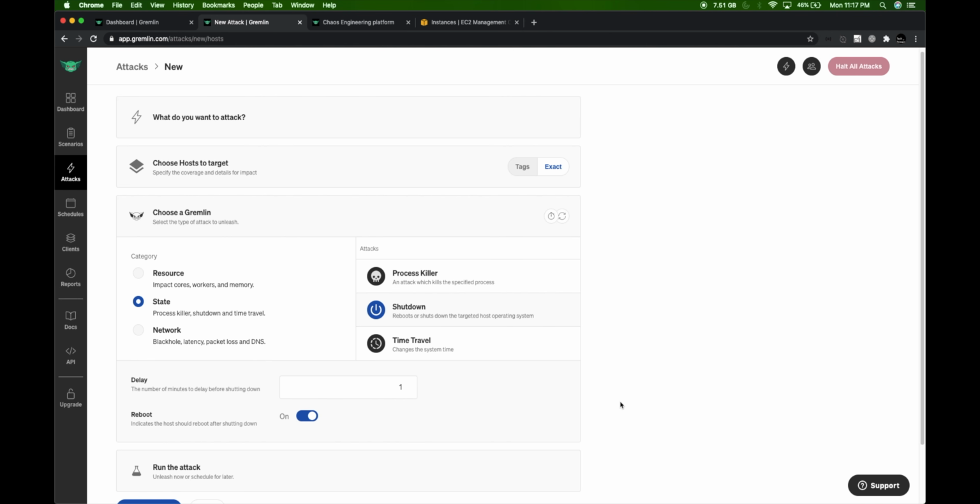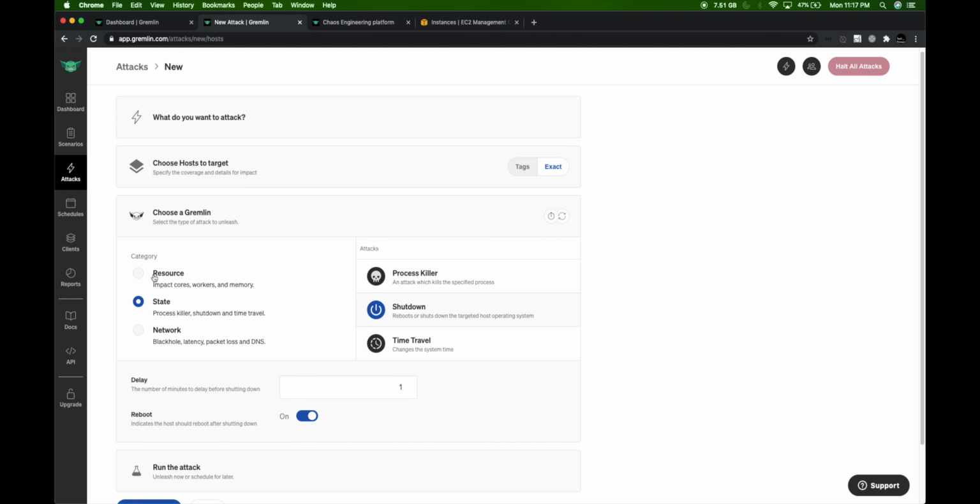In my particular example, I am not having any application, so I won't be able to show an application which is failing. However, I'll show you how the EC2 instance is getting rebooted. I'll show you what command Gremlin runs as well behind the scenes. That way you understand the basics well, so that it will be easy for you to implement within your project. So what am I selecting here?